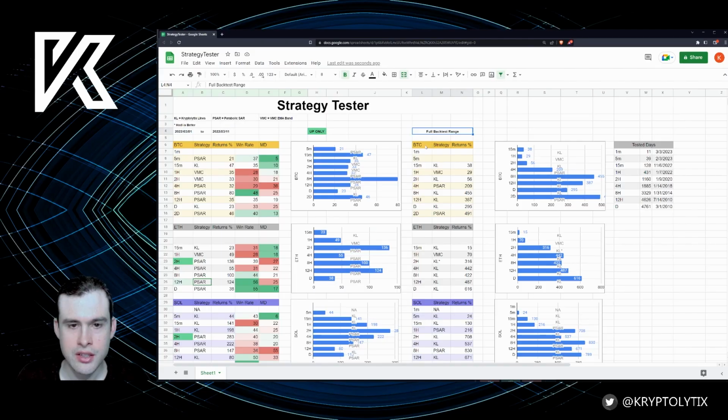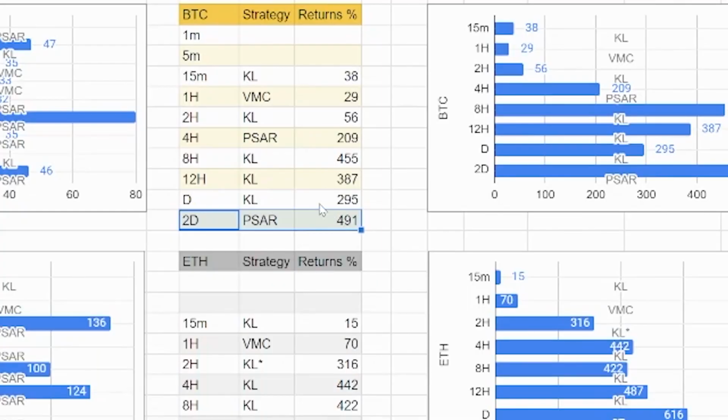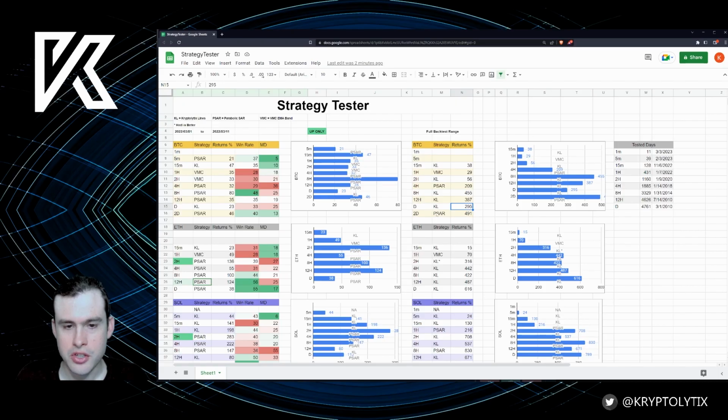But another thing I'm going to draw your attention to is this is the full back-tested range. Now, if you did the full back-tested range on Bitcoin, for example, you're looking at like 16,000% or something crazy. This is all using OKX data. I should also preface this with, which only goes back to 2019. But if you were to use Binance or some older exchange, this would go to like 16,000, but there's no way we're going to get those sorts of returns again on Bitcoin.